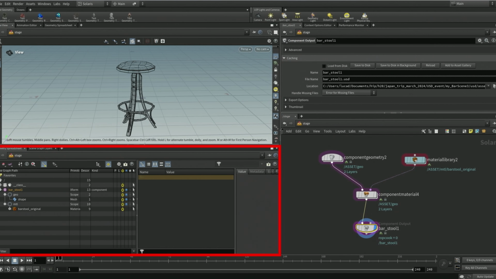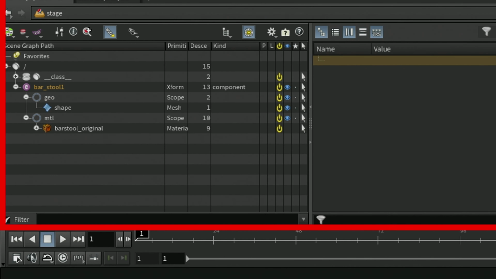Earlier I mentioned that USD is a file format that describes a scene graph. And we can see that scene graph here in the bottom left-hand corner. Let's take a closer look. All right. So each element you see in the scene graph tree is called a primitive.